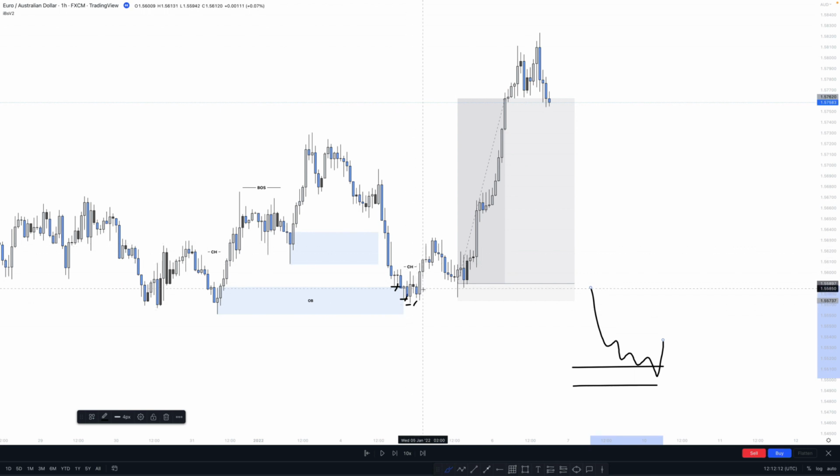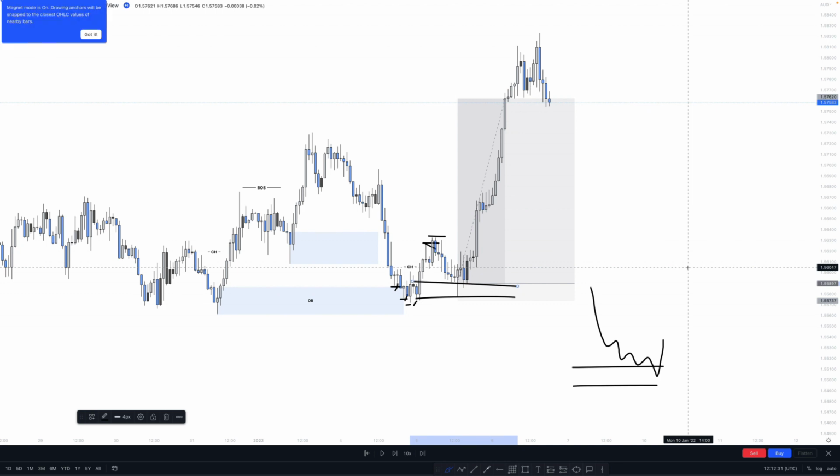Why is it a double confirmation entry? Because we had this impulse, then a retrace, and then again an impulse. We broke this high once, we broke this high once. No retraces in this momentum, no retraces in this momentum. This is a valid double confirmation entry and price action just going boom.